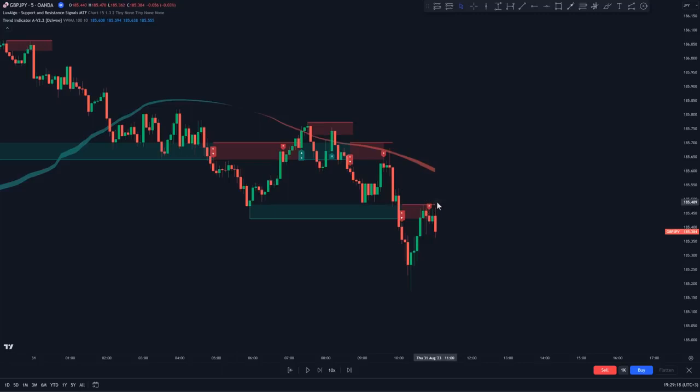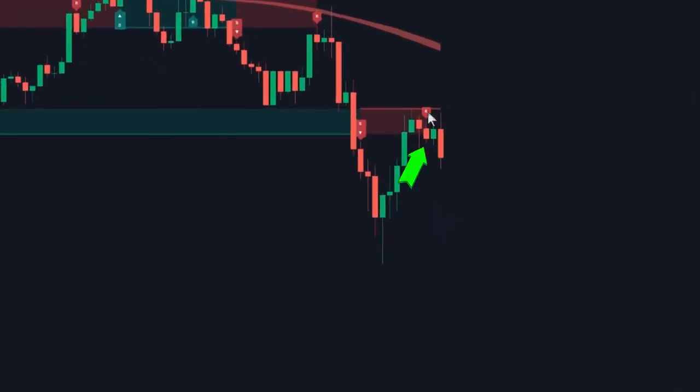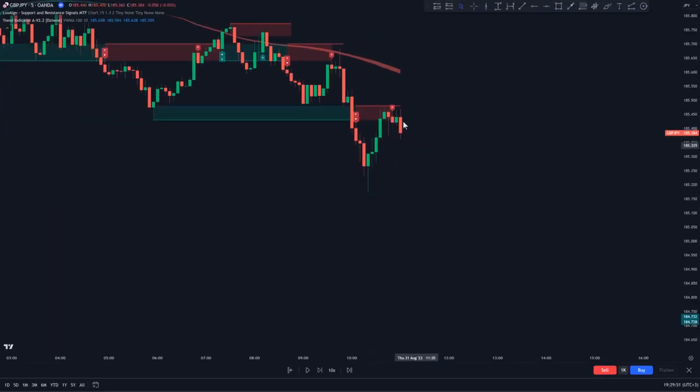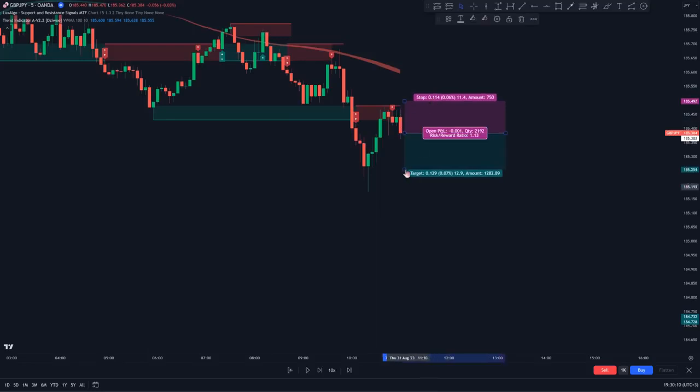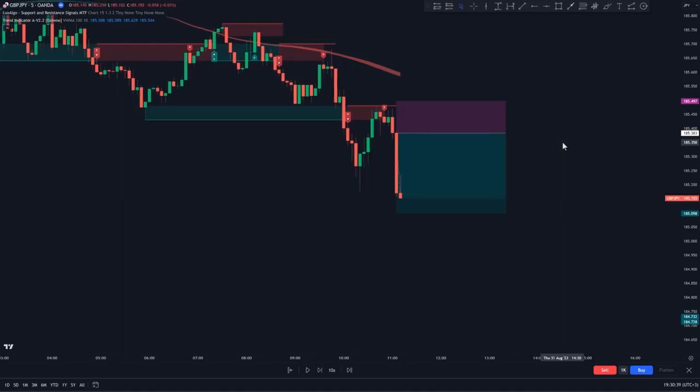Last but not least, after the retest, we're gonna wait for signs of bearish continuations, such as a bearish engulfing candle. In this particular example, we can see that the retest candle itself was also an engulfing candle, so we're gonna enter our short trade here. The stop loss is gonna be set above the most recent swing high. For the take profit, we're gonna set it at 2.5 times the risk. We let this trade run